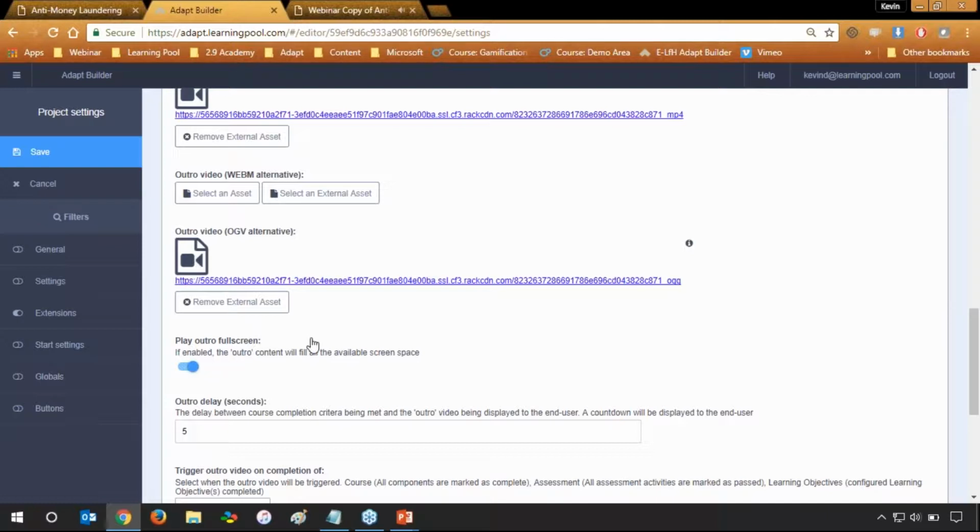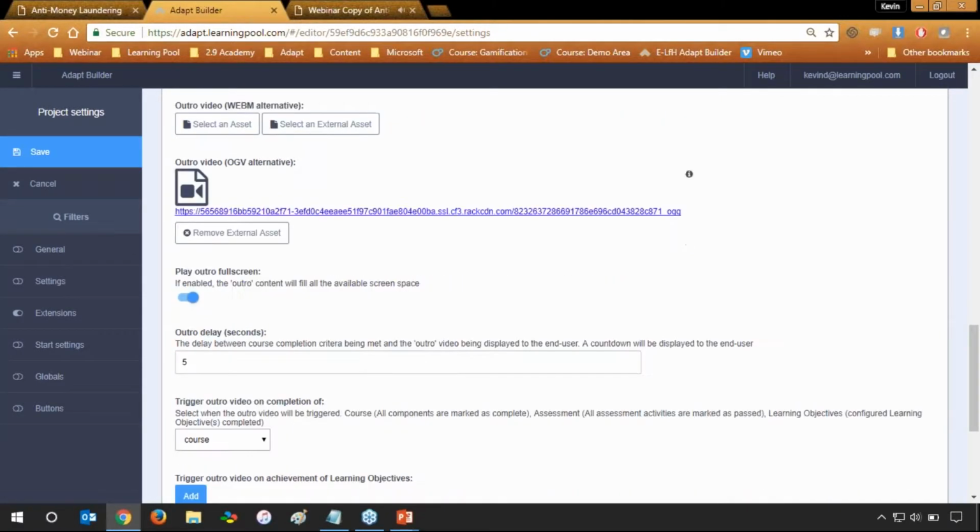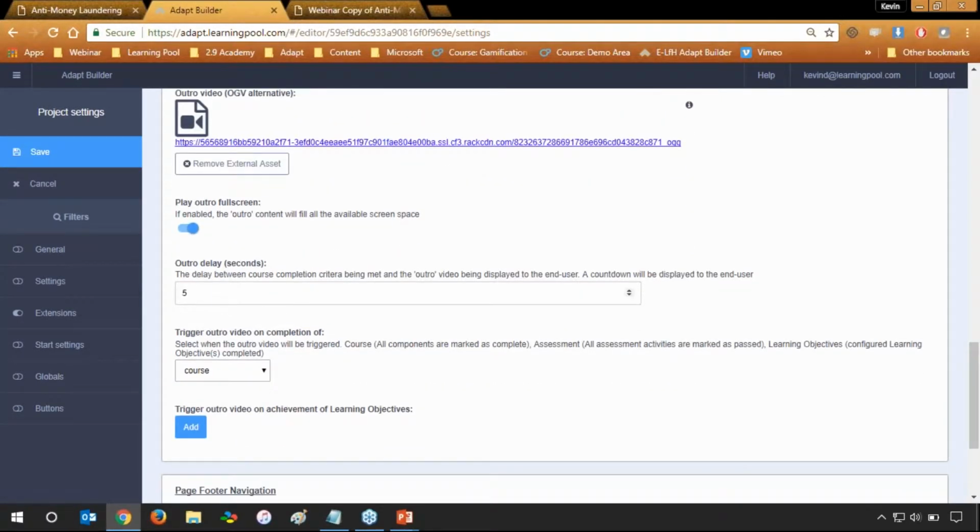Now the two areas that are different from the intro are the next two settings. First one being the outro delay and the final one being the trigger outro video on completion of. So the outro delay, I'll cover that one first. This is specifically the number of seconds that you want to delay the video from playing. The reason you would want to do that is that if your course is going to trigger the outro on completion of the course, then a user may get to, if we had a hot graphic at the end of the course,